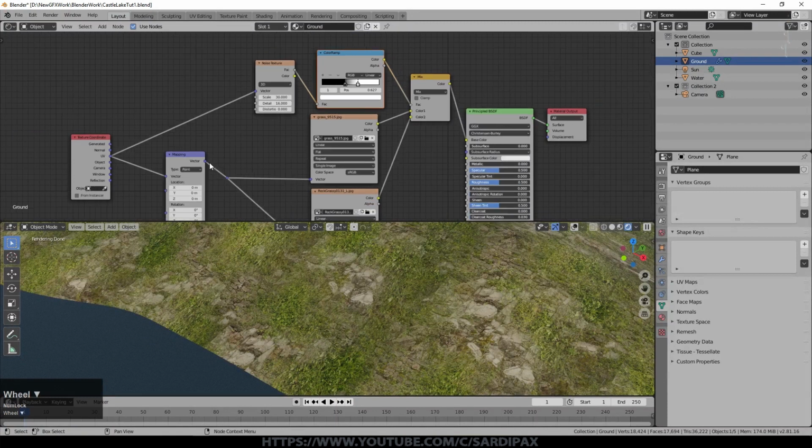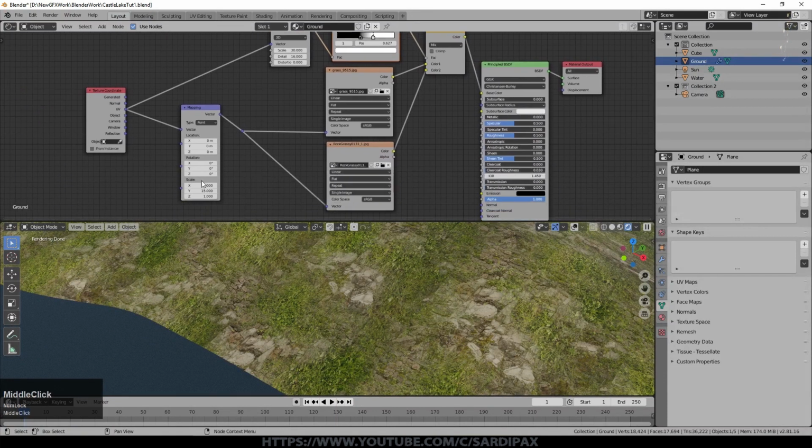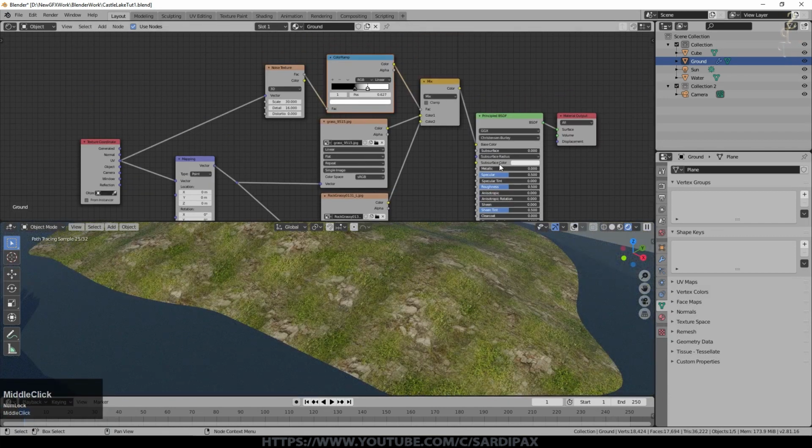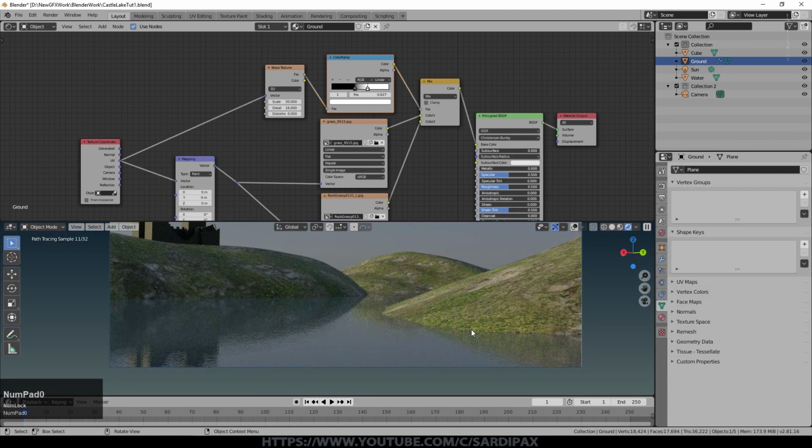You can also do things like affecting the rotation of the mapping as well, so that they don't necessarily align at all. There's still some repeatability, but there's also some randomness to it now because of this. So that's a quick and dirty way to improve that. And now you can see from here, there's a lot less visibility of it, and there'll be less still once we've added some grass on top of that.